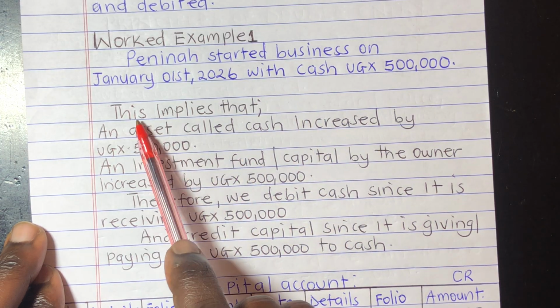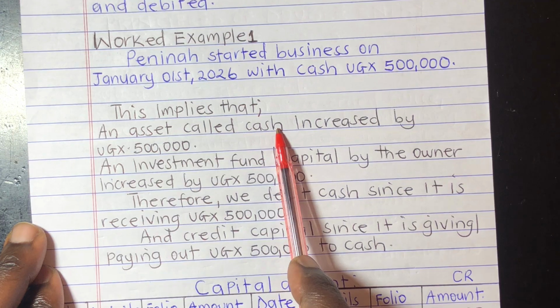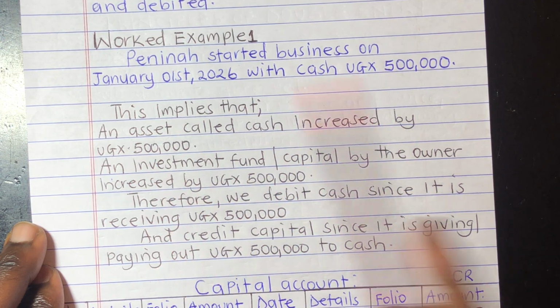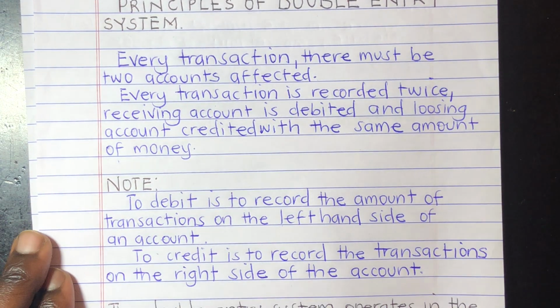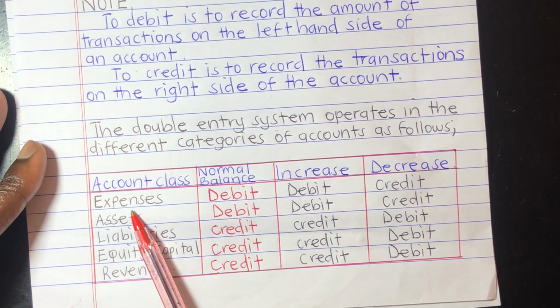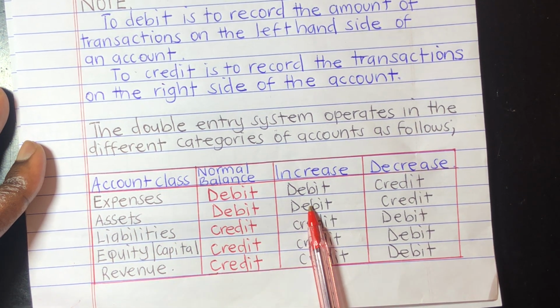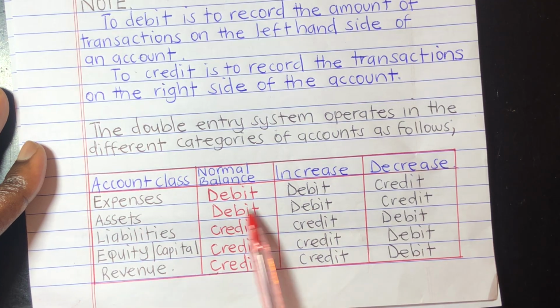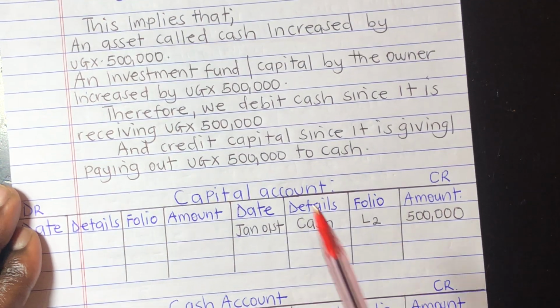Now here it says this implies that an asset called cash increased by 500,000. Remember our table, we say that if an asset increases, you come back to your table and get it here. If an asset increases, we debit it. Come back to your table. If an asset increases, we debit. Now, in this regard, it was